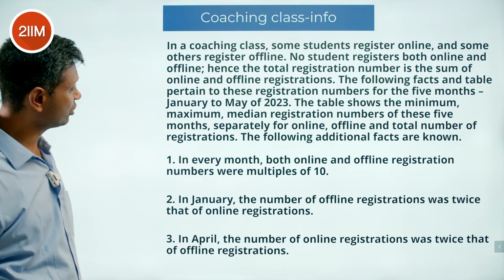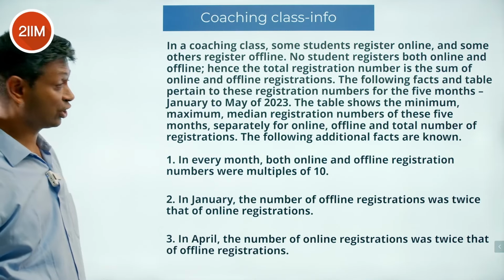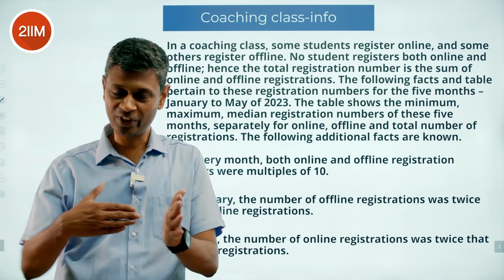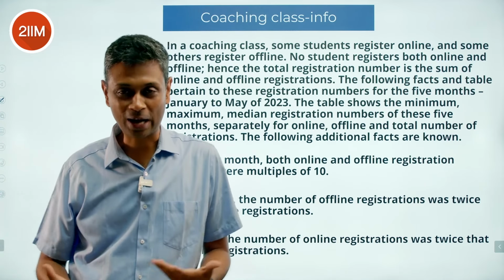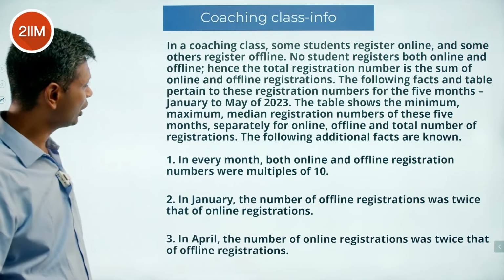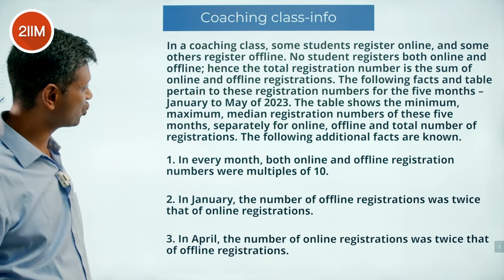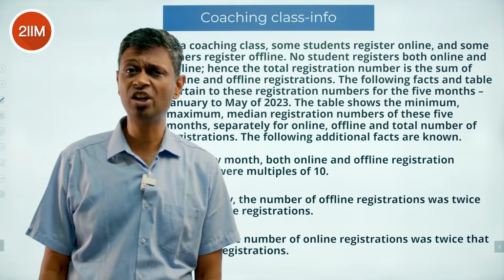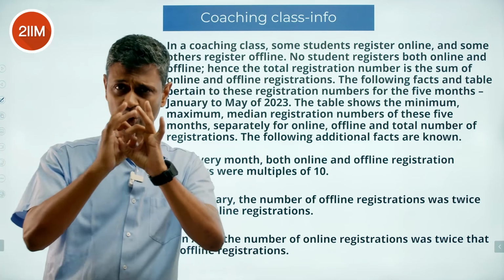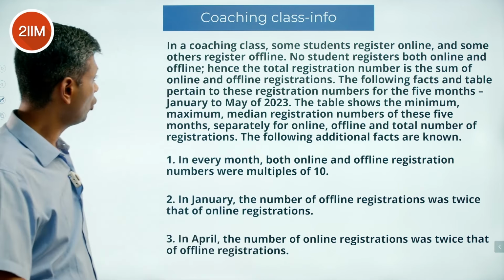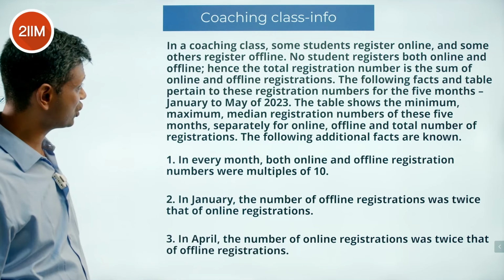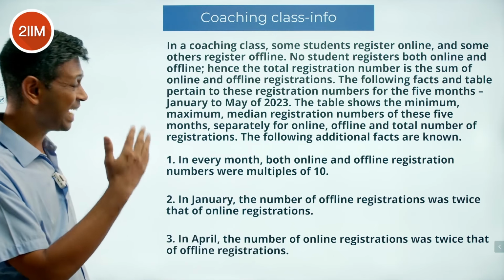In a coaching class, some students register online and some others register offline. This one struck home very close by to our own business. No student registers both online and offline, which is nice. Hence, the total registration number is the sum of online and offline. So it's not like a set theory puzzle, where online intersection offline matters. That's not happening. The following facts and table pertain to these registration numbers for the 5 months, January to May